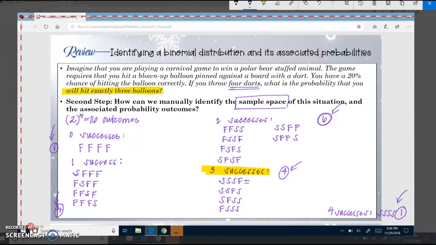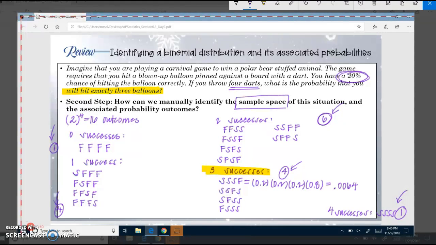Now, what we have to do for these, you guys, is each time we have 3 probabilities of success and 1 failure, our success rate is 20%. So we'll multiply 0.2 times 0.2 times 0.2. So 3 different successes and then 1 failure, 0.8. We need to multiply all of those together. So if you grab your calculator, you do 0.2 times 0.2 times 0.2 times 0.8. That value is going to be